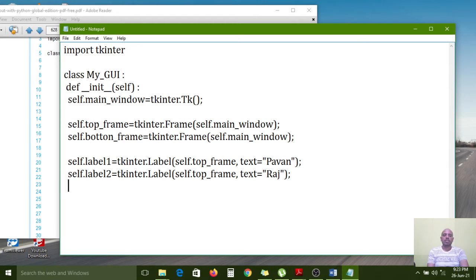Next, two spaces, again I am pasting. Three labels I am creating in the top frame. Here the third name is what? Sai, right? Three labels I have created in the first frame.